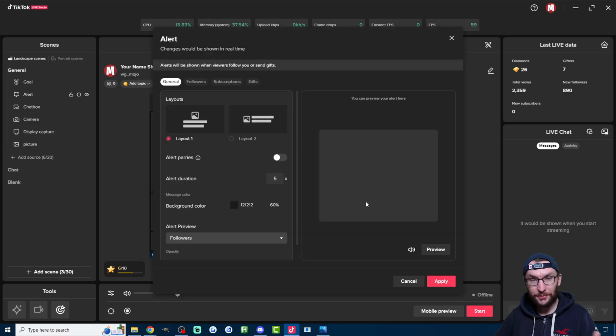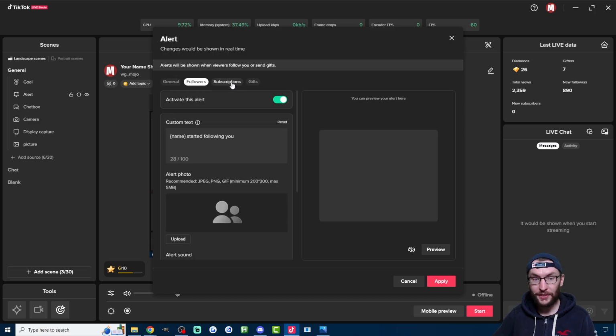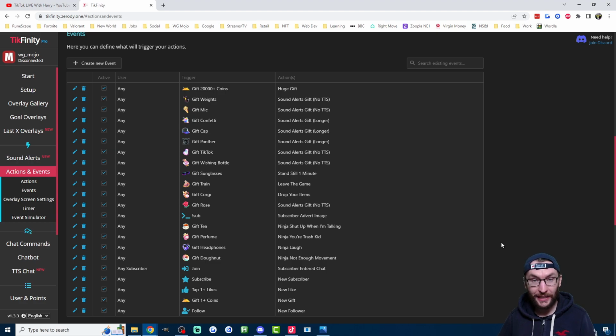And once you load it, it's probably going to make a ringing noise. Just press the mute button here if it's getting annoying. So Live Studio can provide you with some basic alerts which show on the screen when somebody follows, when somebody subs, and when somebody gifts. Now we will set those up in a second, but just quickly, what you're looking at here is TikFinity, and